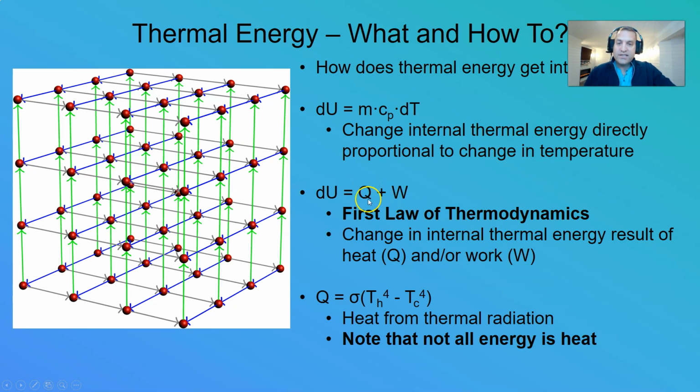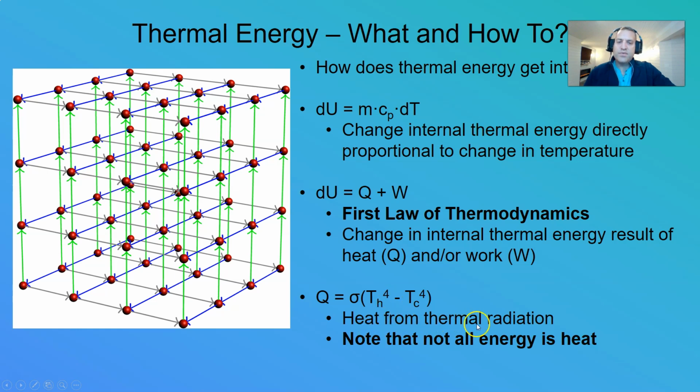And so what is Q? We really want to know what Q is because Q is heat. Q, for example, would be this equation, which is the radiative heat flow equation for a plane parallel system. Heat can come from a hotter object, and the amount of heat we get is proportional to the difference between the hot object's temperature and the cold object's temperature. So that's heat. We'd consider that this is the cold object and we have some other hot object nearby, and this is how much heat we're going to get from it.